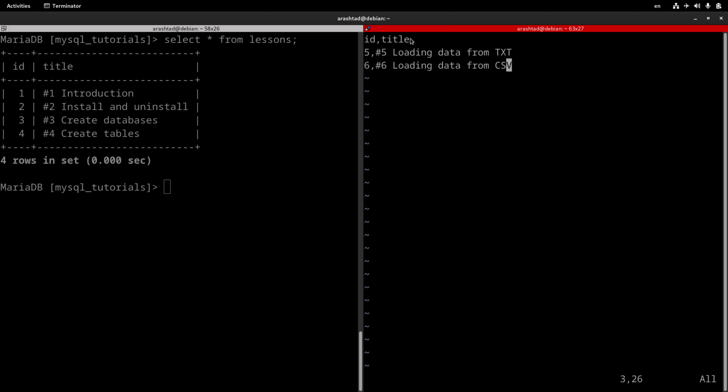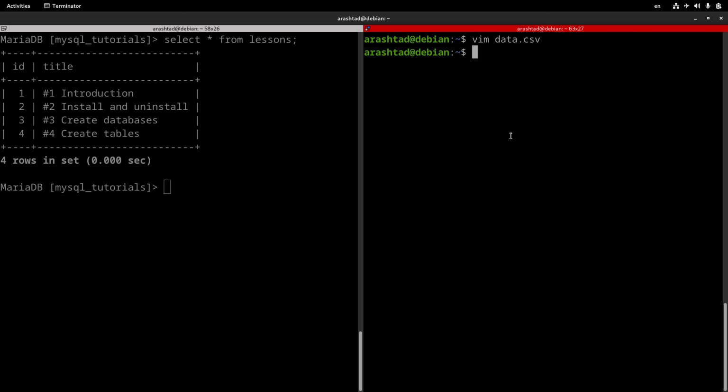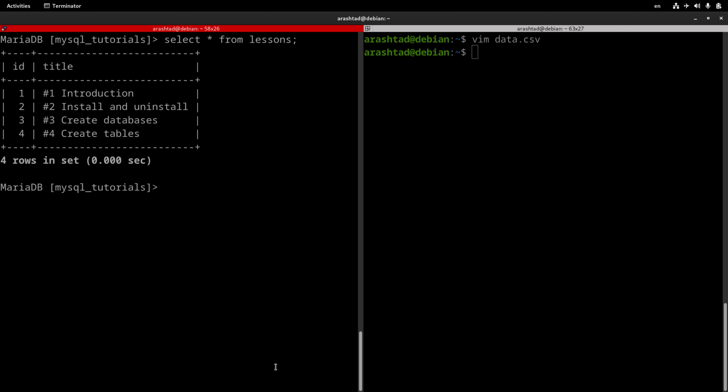I will ignore the first row when I'm executing the command on the SQL command line, so you can see how we can do this. For now, let's just save this CSV file here and get back to our MySQL command line, and the command to load data from a CSV file into our table will be something like this. Load data. We add a local keyword here to load a file outside the MySQL directory, and then in file, the full path to the file, that will be home,